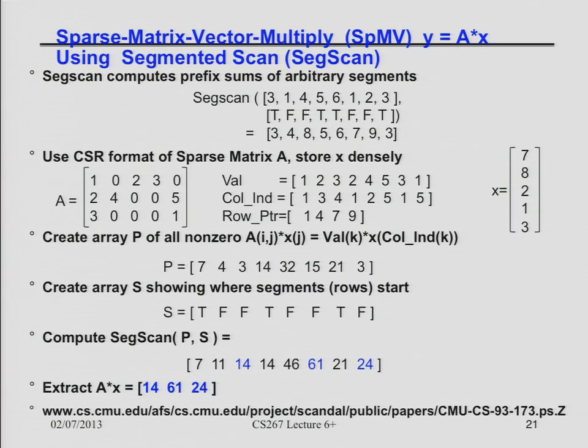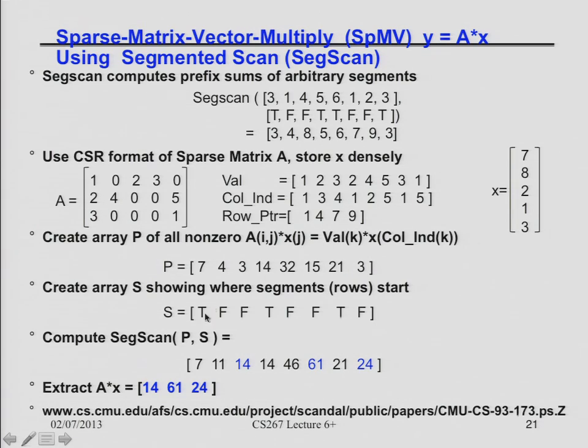So what I'm going to do for starters is take all these matrix entries and multiply them by the appropriate x entries, because I have to do aij times xj. So let me do all those. I'll have 1 times 7 is 7. 2, that's in the 3rd entry, so 2 times 2 is 4. 3, that's in the 4th entry, so 3 times 1 is 3. All that's embarrassingly parallel, and these are the individual products that I need to sum up